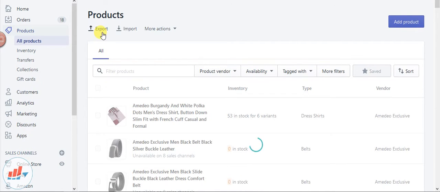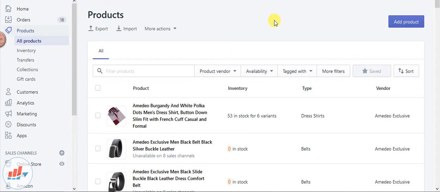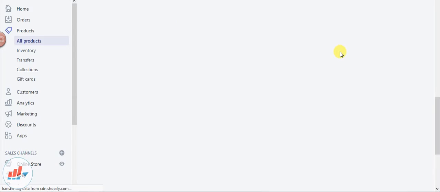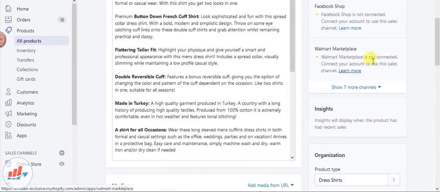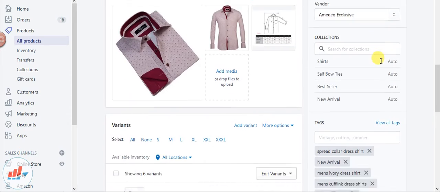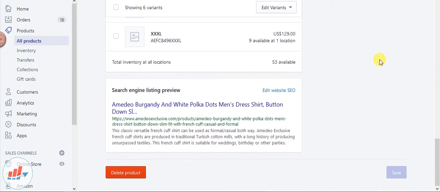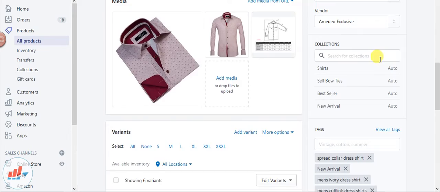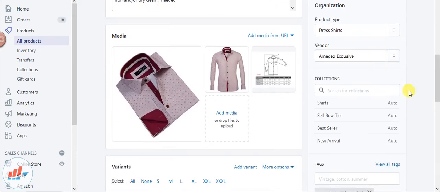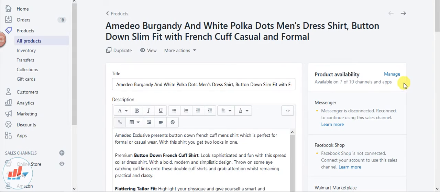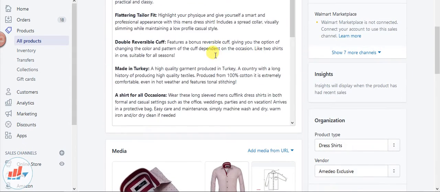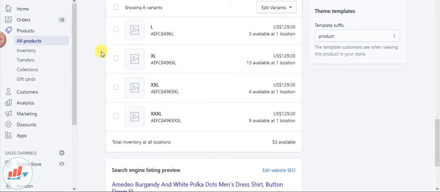Okay, from here you can export, I mean, let me show you how it looks in actual. For example, when I'm going into any of the products, trying to edit it, here you can see that there is different information about the product that I can add, and different options we can add. Okay, but it's not showing us any option to add the custom label for Google here currently.